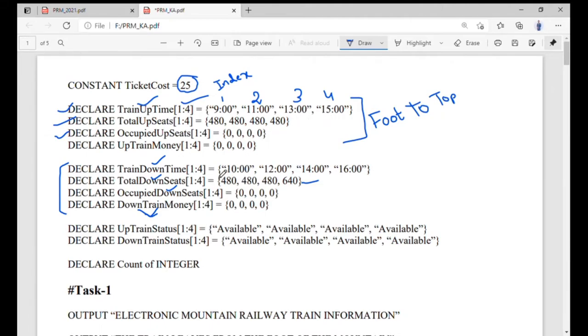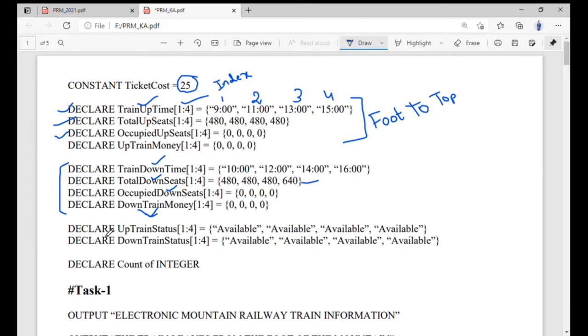In the scenario, it also mentioned you have to show the availability of the seats or the close option. If all the seats are sold out, you have to show the close option. Over here, I only declared a few things which are very much compulsory in Task 1. I will try to make variables according to the task, which will help you see how many variables you use in Task 1, Task 2 and Task 3.